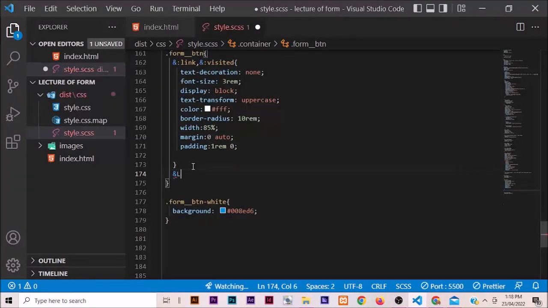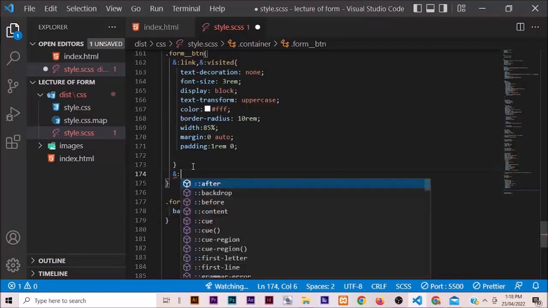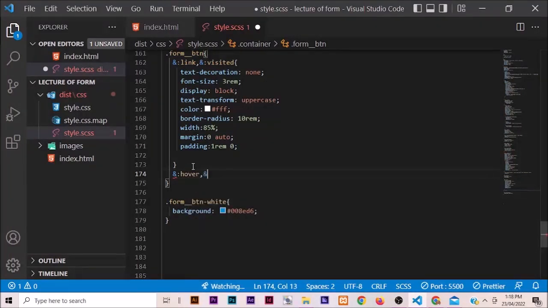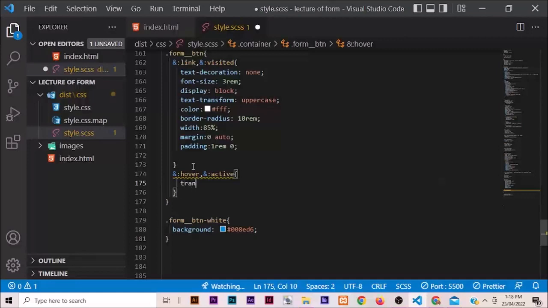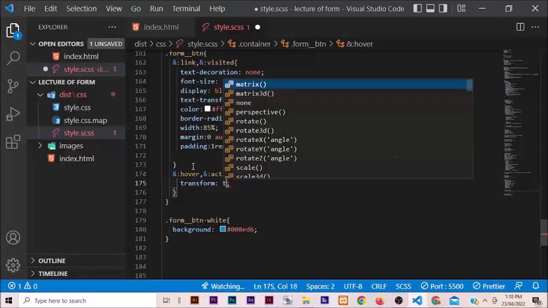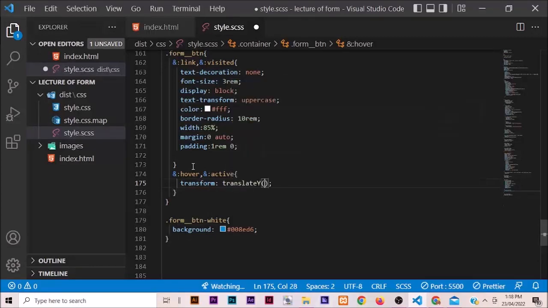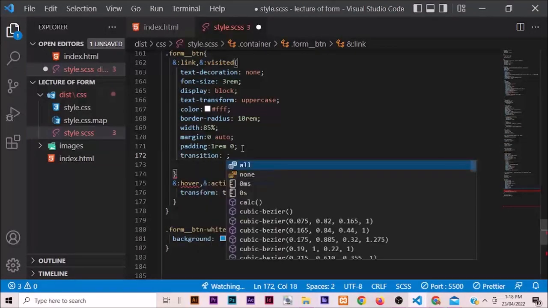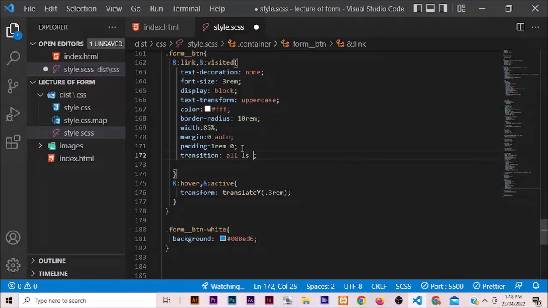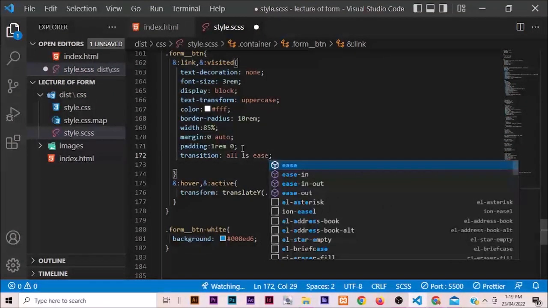Can use TM over and active. Then let's transform, translate y point to where. So we can now apply transition now. Apply transition, 1 second is